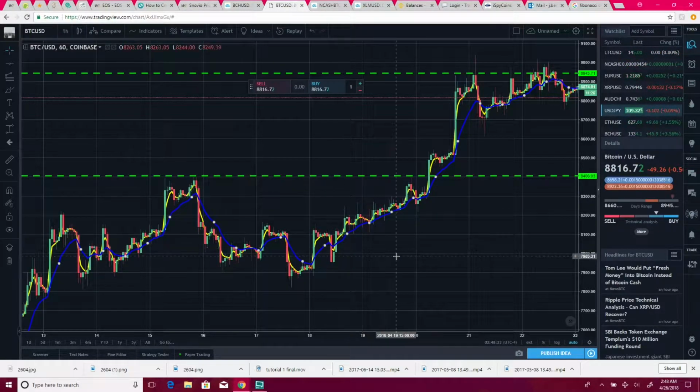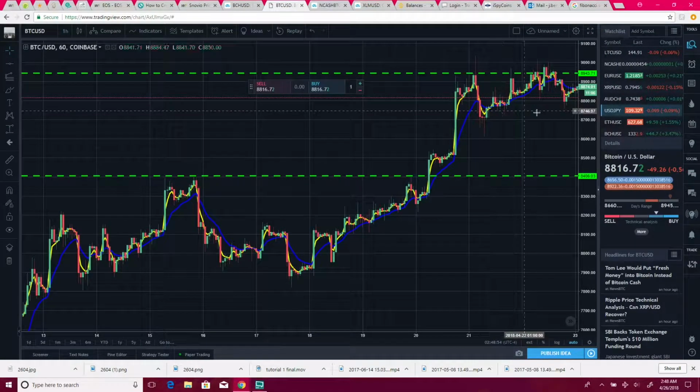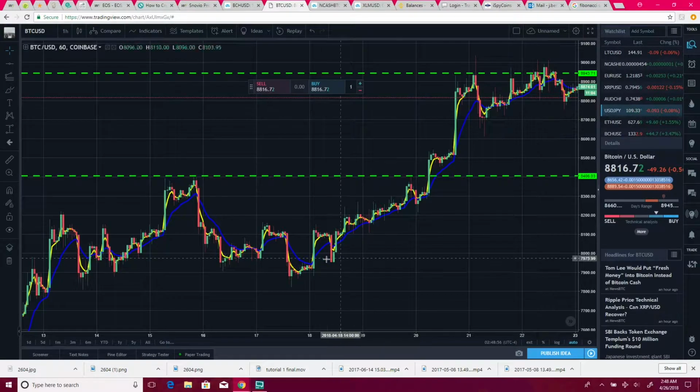But with this strategy, you will make money and you will win more than you lose. And I like to use these strategies during bull markets. I feel like they work better in bull markets. In my opinion, the upward trends in bull markets last longer than the downward trends. So